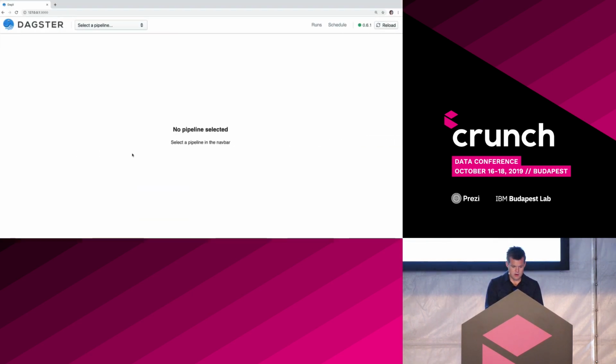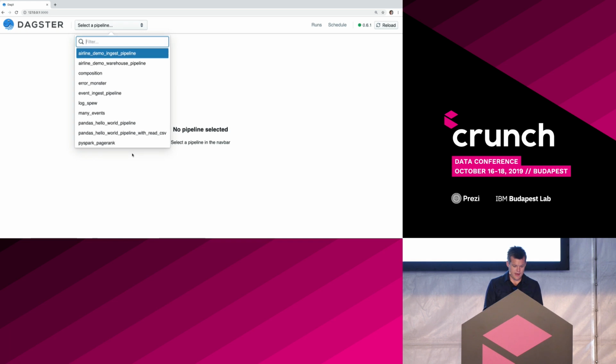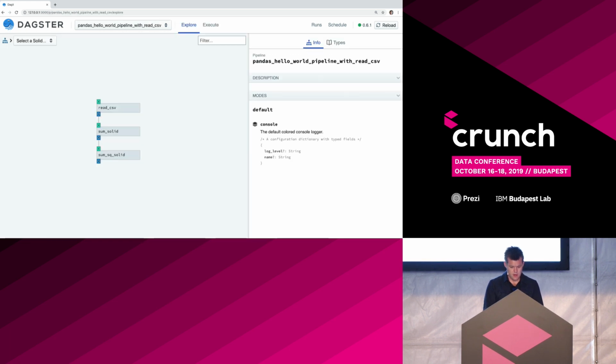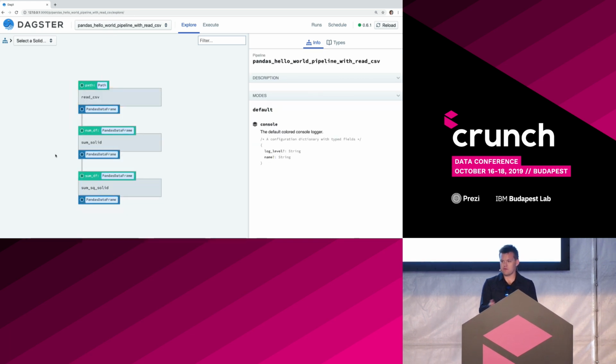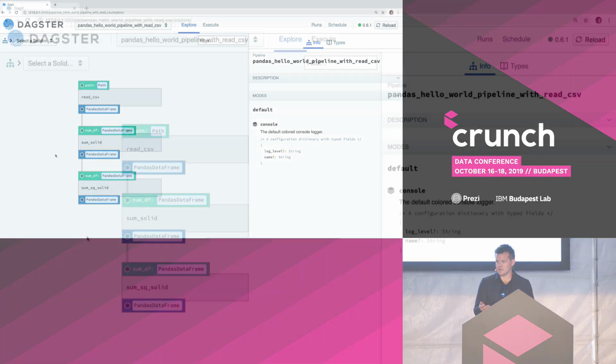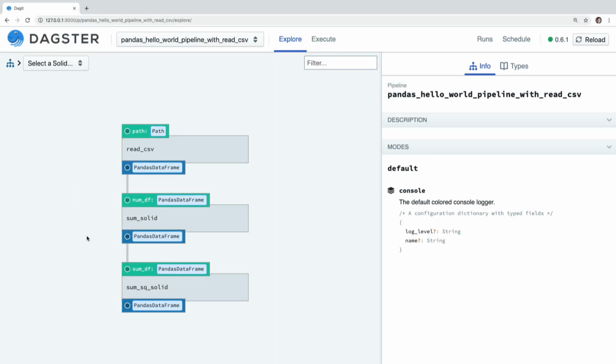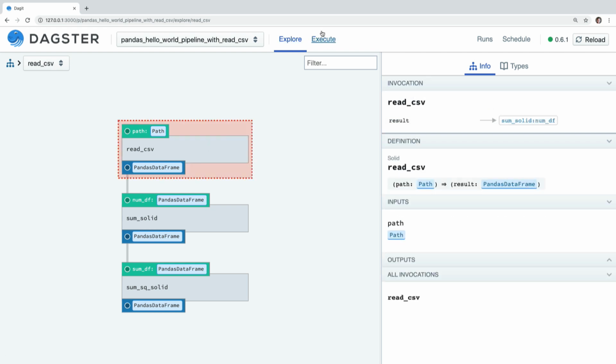So hop here. This is just a web app running locally on my machine, and it's loaded up this code. And now we have all this tooling here. So we load up this DAG. You have descriptions of what's going on, so you can view this and actually see and have context about what's going on, right? Now, let's say I want to execute this thing.